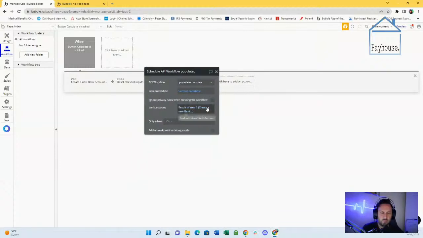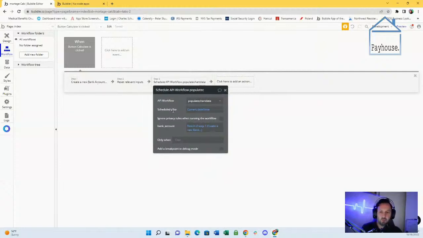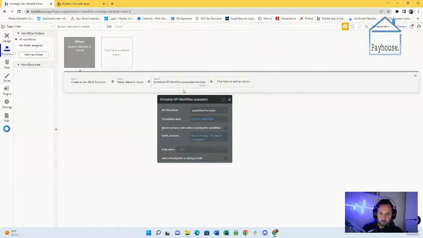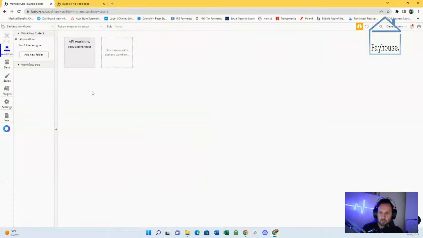One of the very powerful features in Bubble is the ability to refer to the data that was created in a previous step. So this is going to send this information to the backend here. Okay, so now